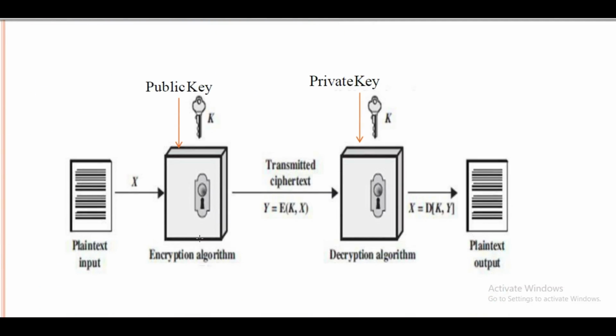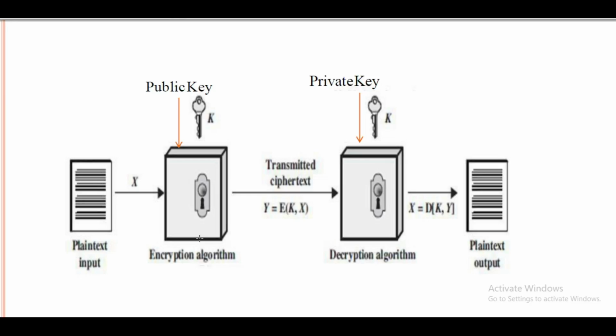Look at the figure first. Again, it is the same situation as the symmetric one. We are sending a message from the sender and receiving the message at the receiver side. In between, our text becomes non-readable, I mean to say a ciphertext. So what exactly happens at the time of sending a particular message?